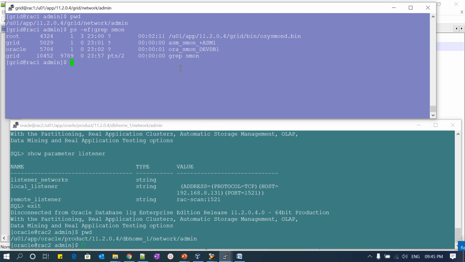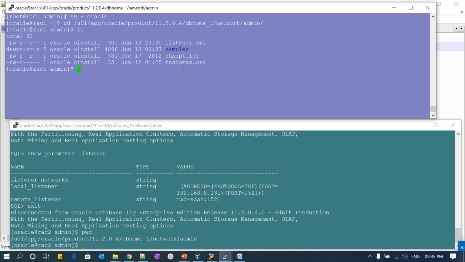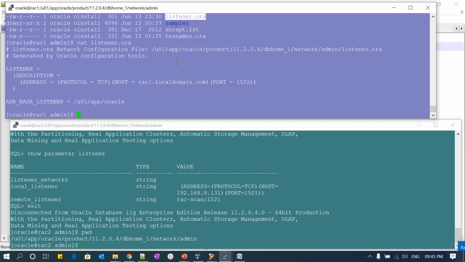You can do the connection string. So for example, I have created the local listener on node 1. I will show you that local listener. I will go to my Oracle, su Oracle, okay, sorry, Oracle home, network admin. If you see here, right, listener name is there. So I have configured my listener. If I do cat, it is running on this particular home and this is my port 1522.